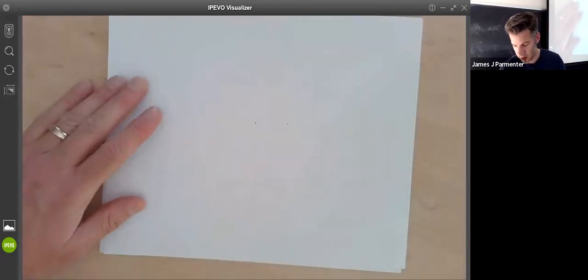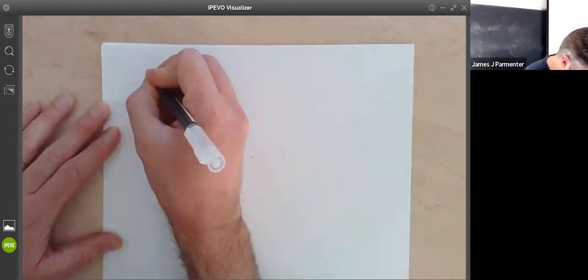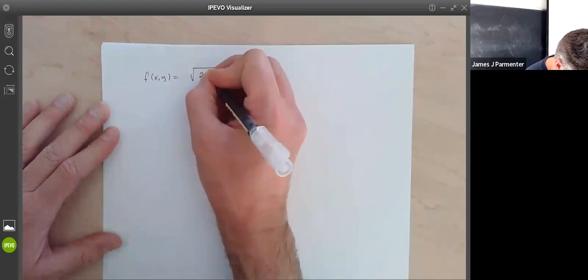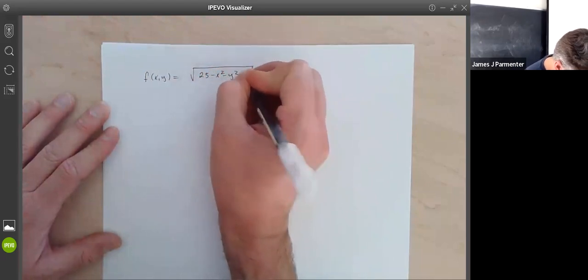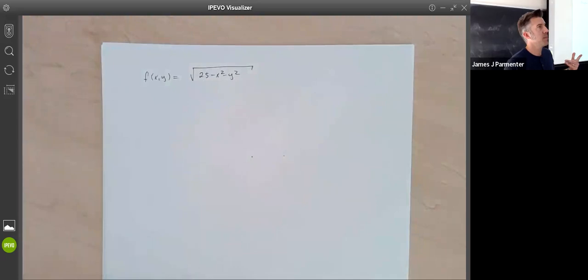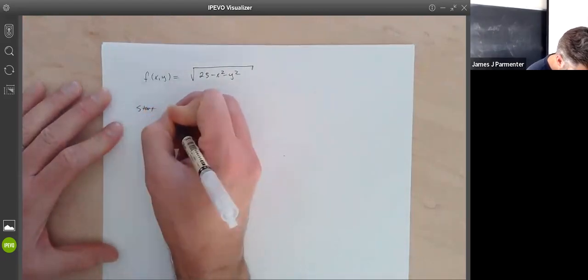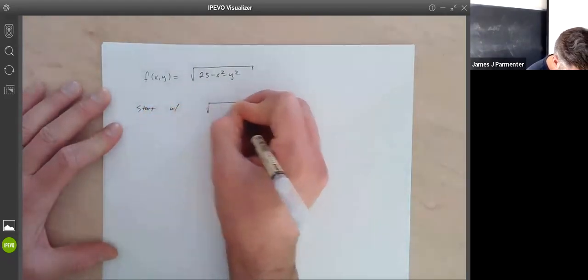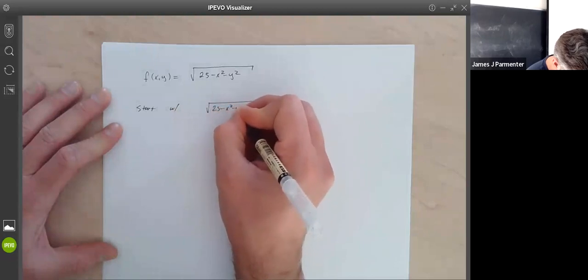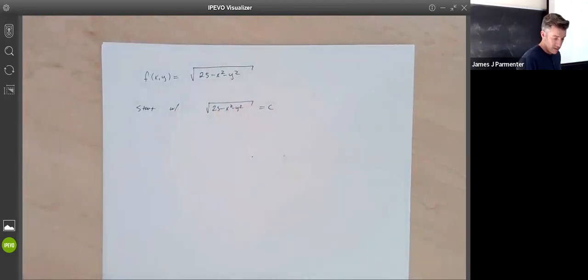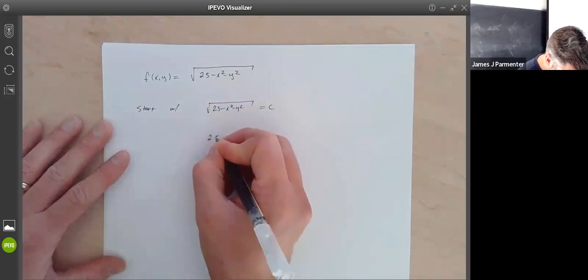On the other hand, if you were doing something like f of x y equal to the square root of 25 minus x squared minus y squared, again, I wouldn't pick a bunch of different values. I would start with the square root of 25 minus x squared minus y squared equal to c, and then start working towards an equation I know how to graph, meaning squaring both sides